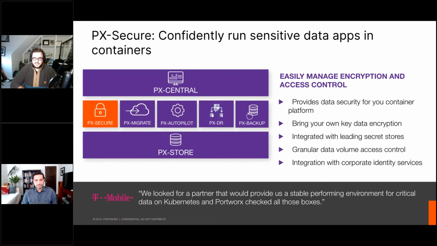PX Secure is all about security. So encryption at rest, encryption in flight, bring your own key. So KMS systems like Vault or IBM Key Protect or KMS in AWS, you can bring those, use those, and integrate those with PX Secure. And it also provides role-based access controls and ownership of volumes